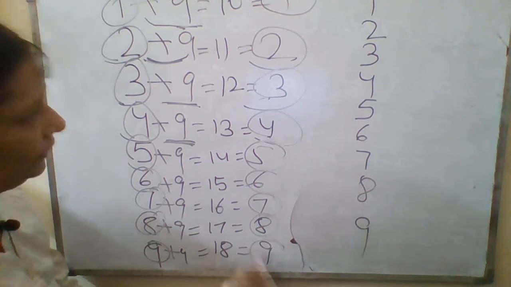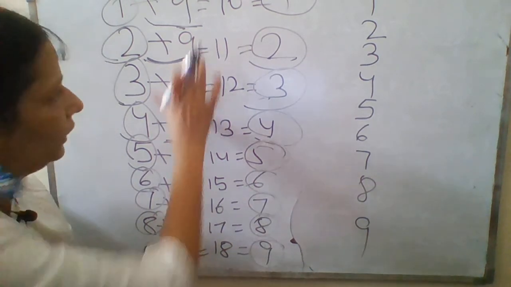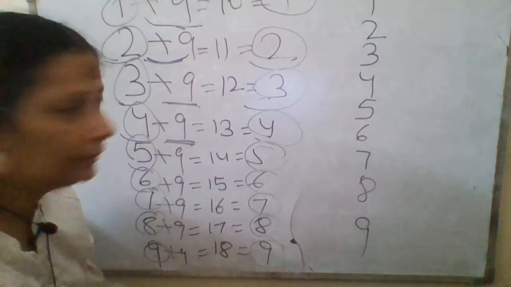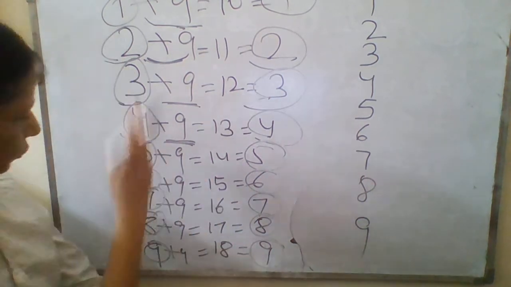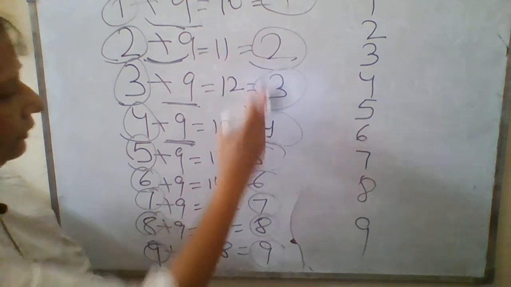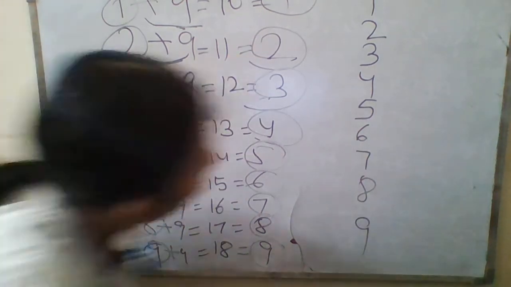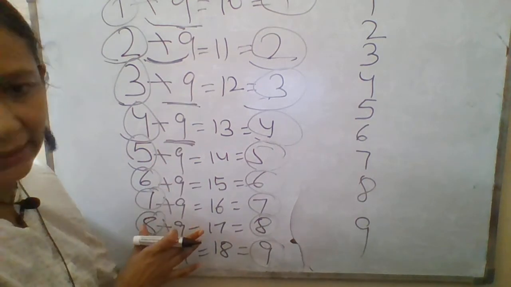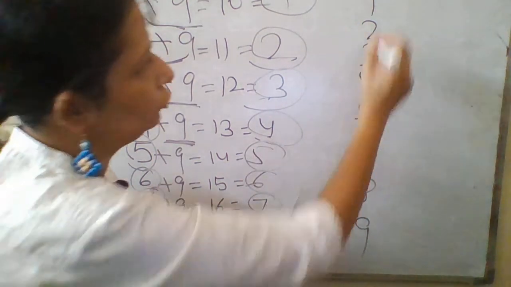Now what does this say? This says if you add 9 to any number, it doesn't change the digital root. You can see here the numbers are the same, and here also the numbers are the same. Now you look here, what is the difference? Here I have done the addition. Now here I am going to multiply.